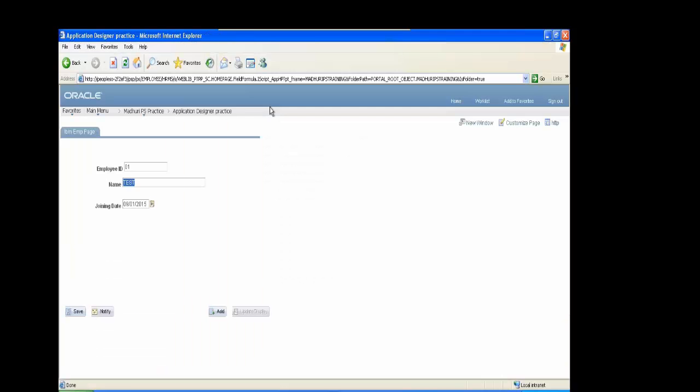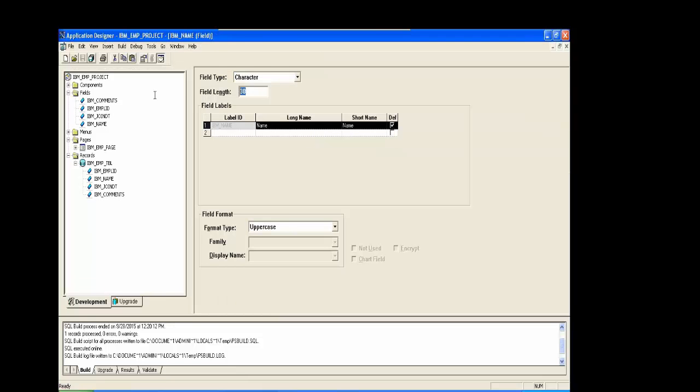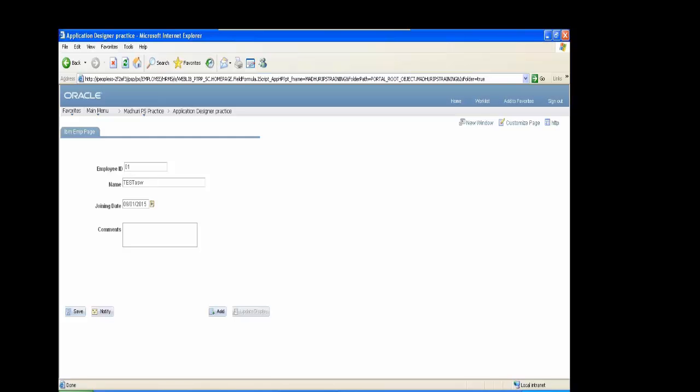Try to access the page. This is the comment field. But a very strange behavior is there for the comments field. I will show you one thing here. In the name, we have a limitation of 30 characters. Let's say, try to type more than 30. Somewhere it stopped me. It's not allowing me to type. Now, in the long character, if I'm typing like this,